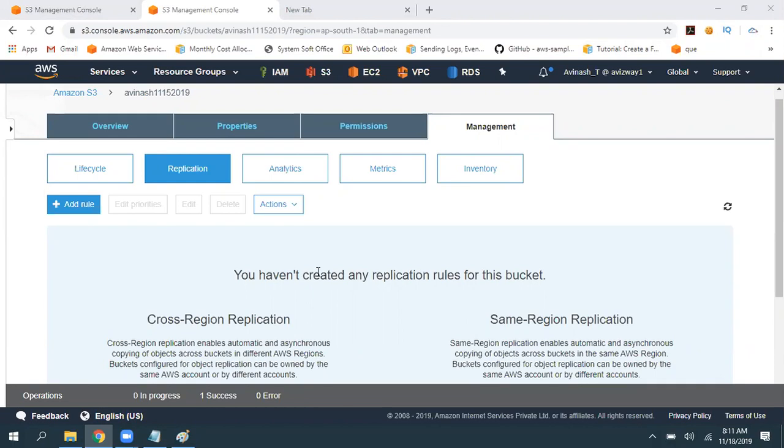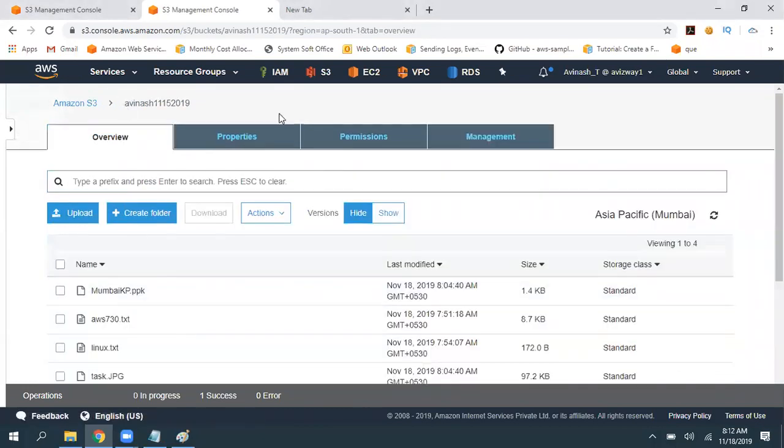After enabling replication, will the object from the source bucket inherit all properties in the target bucket? See, the same object is going to replicate there, but only with the storage class. For the properties, you are going to get a different version ID there. And whatever properties you configure on the destination bucket, it is going to apply those settings only. For example, in the Mumbai region you made it public, but in the Sydney region you have not made it public. So it will get the Sydney region bucket settings only. And you are going to get a completely new version ID; technically, a new object is available in our Sydney region.